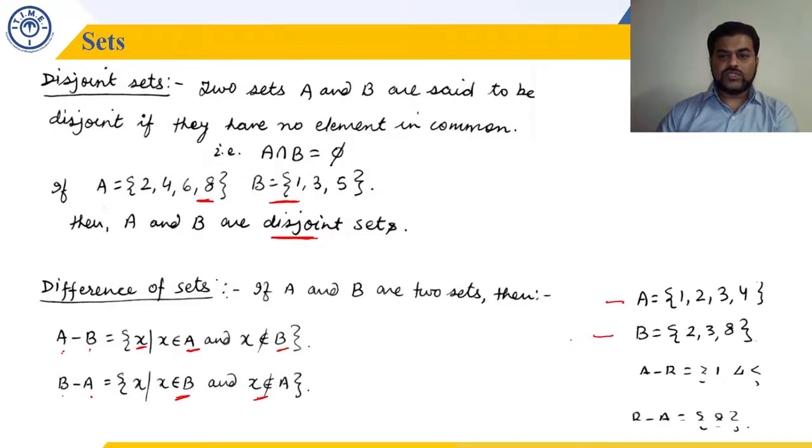So let's take an example here. A and B are two sets. When I write A minus B, we have to look for those elements which are there in A but not in B. So 1 and 4 are present in A but they are not present in B. So A minus B is 1, 4. What will be B minus A? Then look for those elements which are present in B but not in A. Which is the element which is present in B but not in A? It is only 8. So we will say B minus A is 8. Okay, I hope the difference is clear.